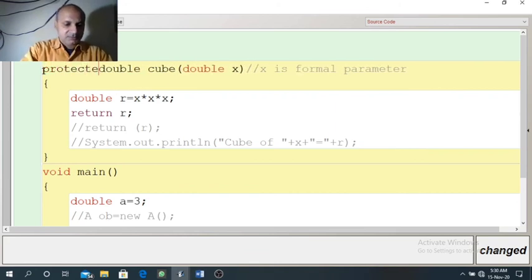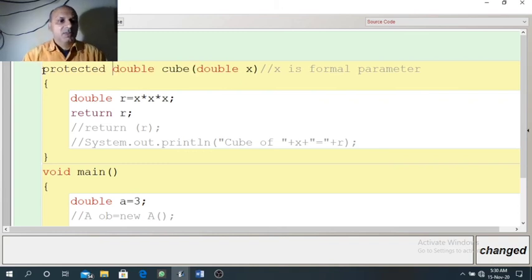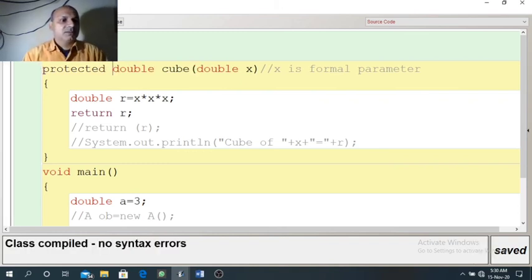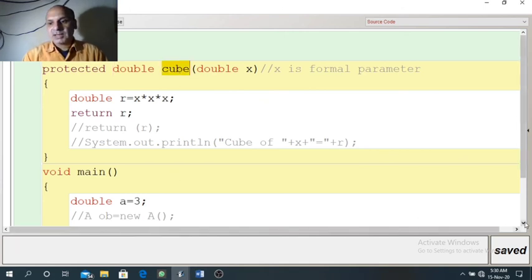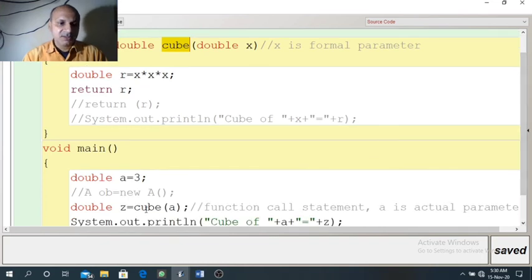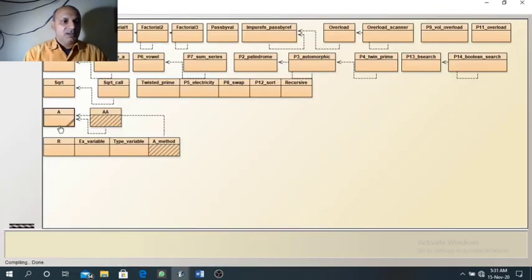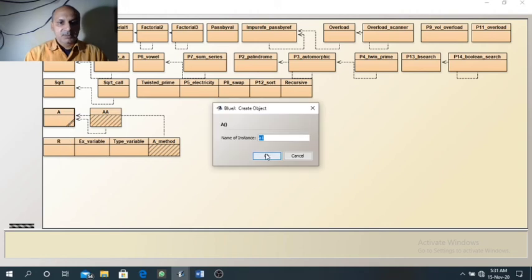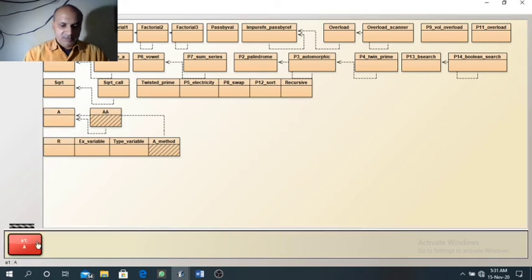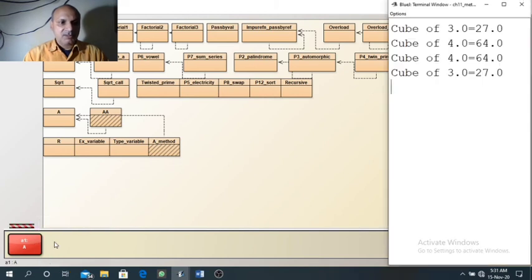Protected is used now. So protected function cube behaves as private in the same class. You can see it is used here and it will work also. If we run it, protected can be used in the same class. It is working.